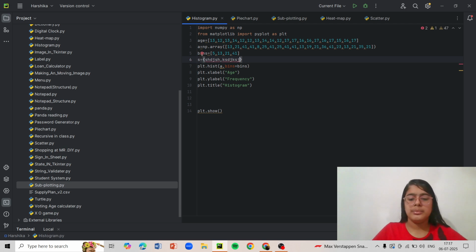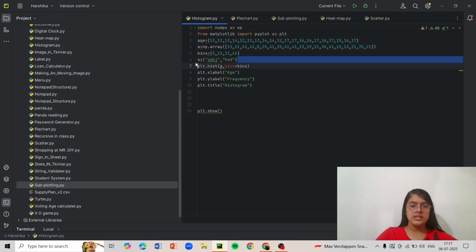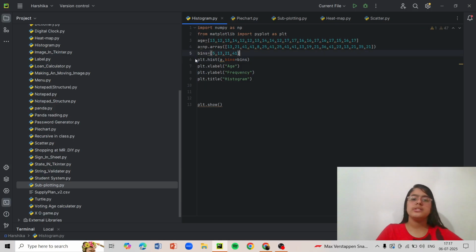It is not a valid one because I've added strings without quotes. And I'll show you what is a set. This is a set. When we use sets, it will give us an error. So it is wise to use a list and array.